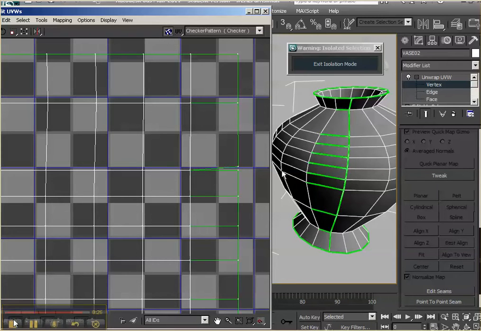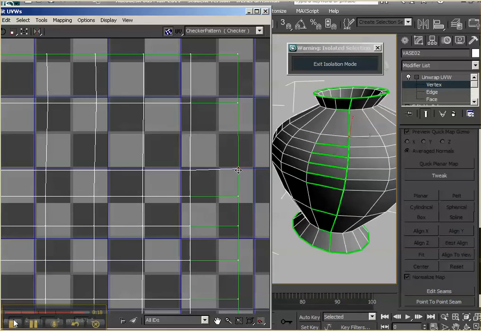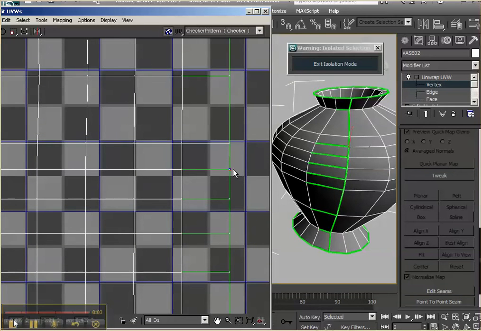So there's one option: you can select both of them and go to Tools, Weld Selected, and there you go. Now we have an edge highlighted in green, and then we have the line, meaning that it is properly welded together. The other way to weld, let me put those